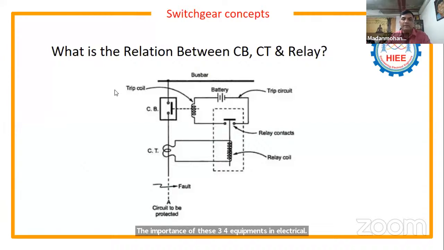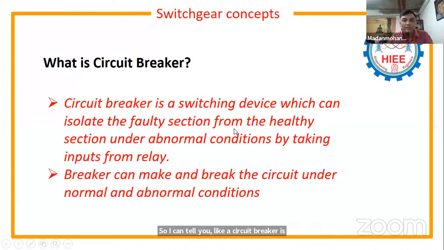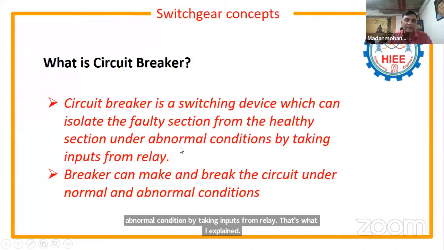So now let's start with the first question. What is a circuit breaker? As I told you, a circuit breaker is a switching device which can isolate the faulty section from the healthy section under abnormal condition by taking inputs from the relay. That's what I explained in the block diagram. So how this relay is giving input to the